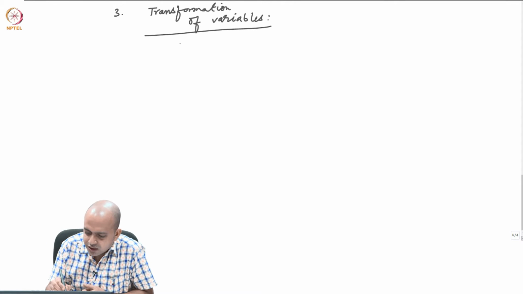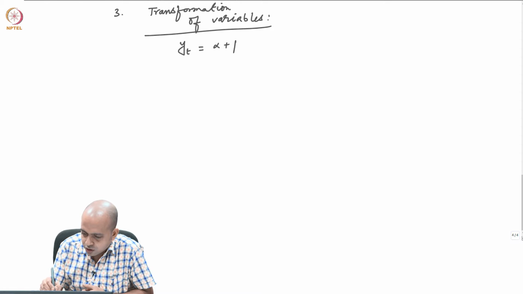How does this happen? Let us say you are estimating y t equals to alpha plus beta x t